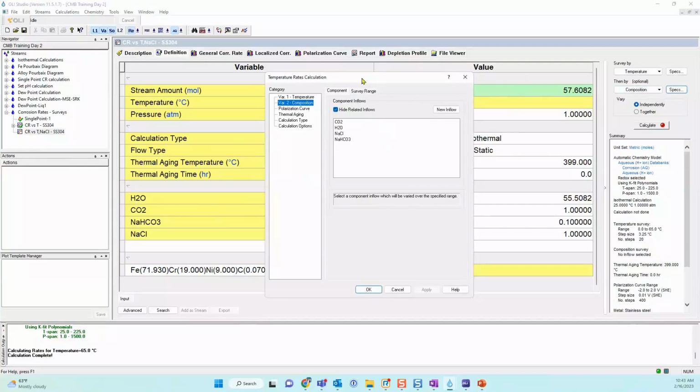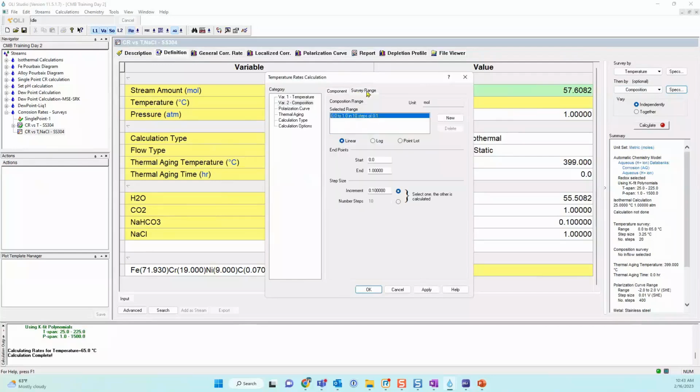So in this case, the component I want to vary is the sodium chloride, the salinity. So I select the sodium chloride. But I also have to specify in the survey range the composition. It's in moles. The unit will be here. And I want to go from no salinity at all, so no sodium chloride at all present in my water,